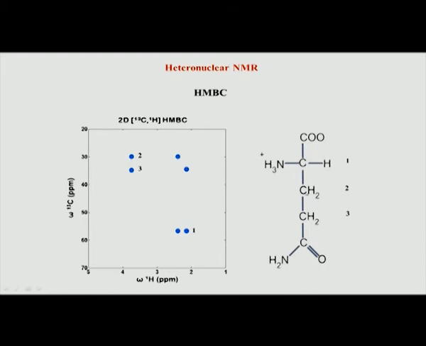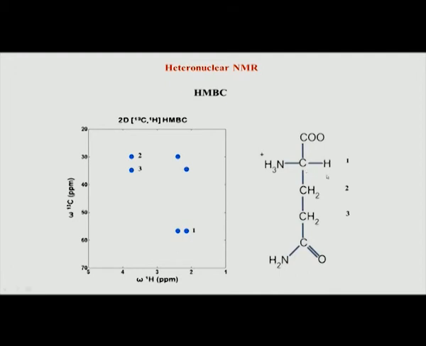bond and 3 bond. I do not have the pulse sequence shown here, but it is very similar to HMQC, sorry, not HSQC. What is done is that the delay value, the J INEPT value, is simply tuned to long range coupling, so that the short range coupling is suppressed by appropriately choosing the INEPT delay values. That is all the change we make in the experiment, and HMQC now gets converted into HMBC.